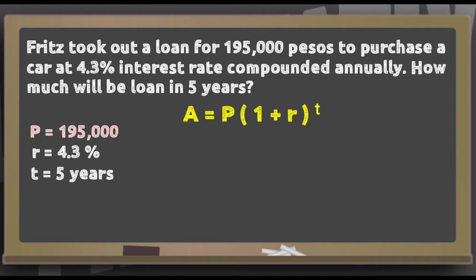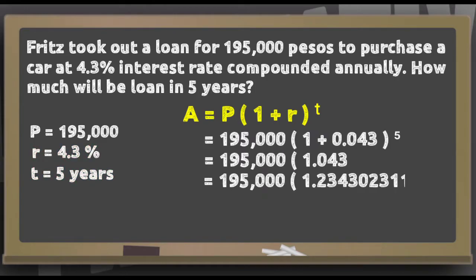And now, get the value of the principal, rate, and time. And now, substitute the values. Then the first thing to do is calculate what is inside the parenthesis, where 1 plus 0.043 equals 1.043. Then, multiply 1.043 by itself 5 times, and it equals